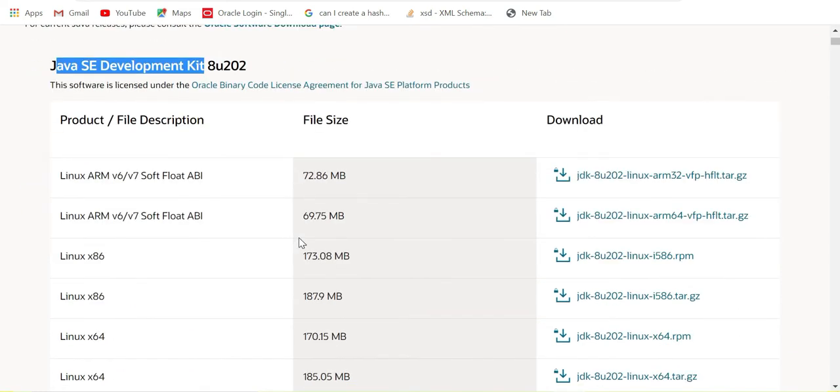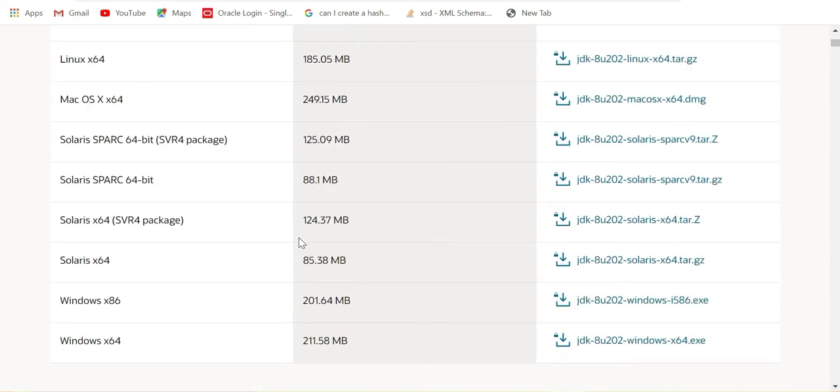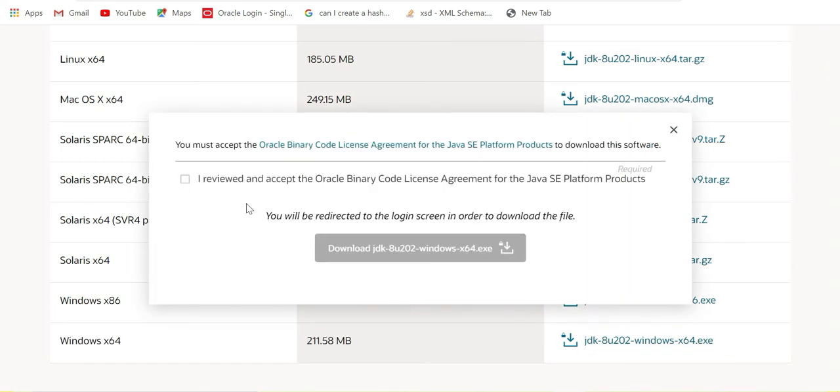As this machine is 64-bit, I'll download the Windows x64 one. Just click it here, and this pop-up will come. Accept the license agreement and click on download.